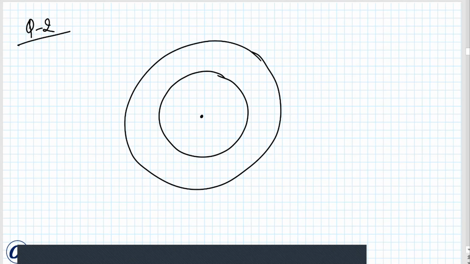Okay. After doing these two steps, take any point on the outer circle. Let it be B. Join this to the center. Join OB. Now obtain perpendicular bisector of OB. For obtaining perpendicular bisector of OB, take a compass and pencil. Keep fixed end of compass here. Make an arc here this way.